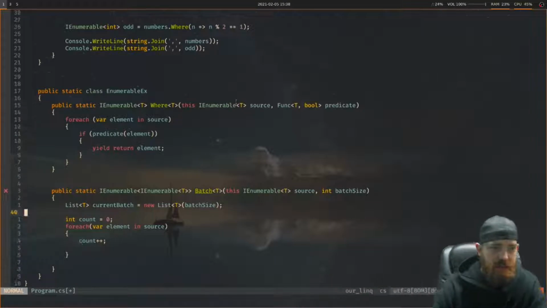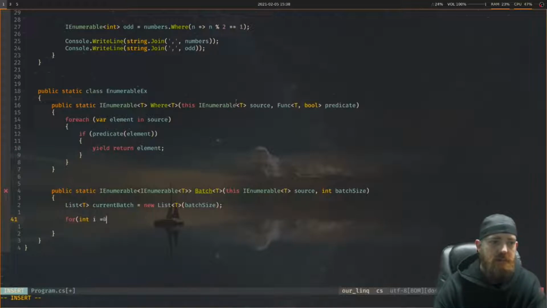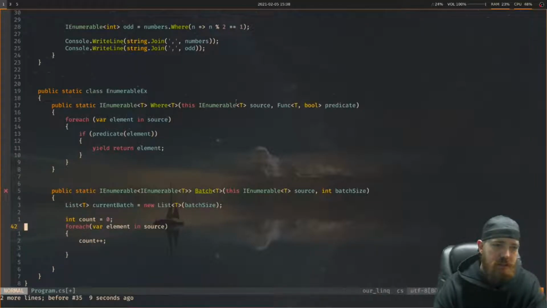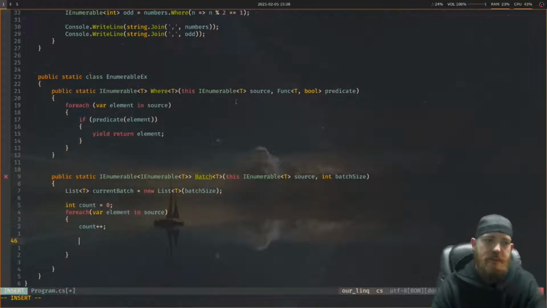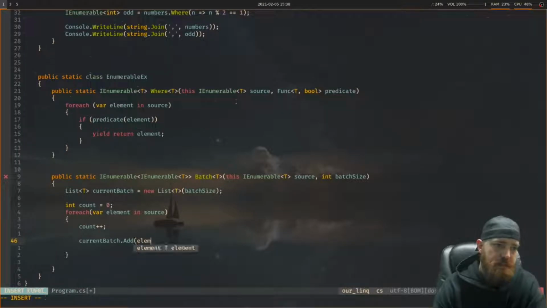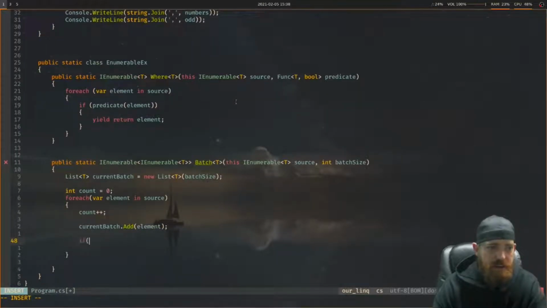You know what? I think there's another way I might want to write this. So let's do for int i equals 0, i is less than batch size, i plus plus. No, I don't like that either. Let's go back to here. So, count plus plus. Okay, so what we want to do is current batch dot add element, and then if current